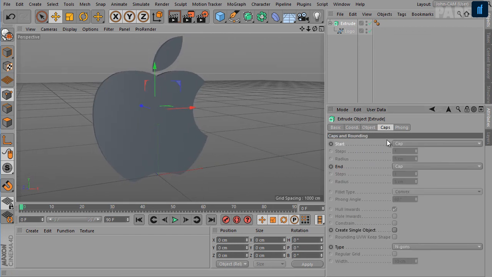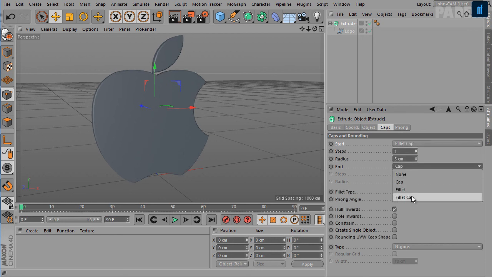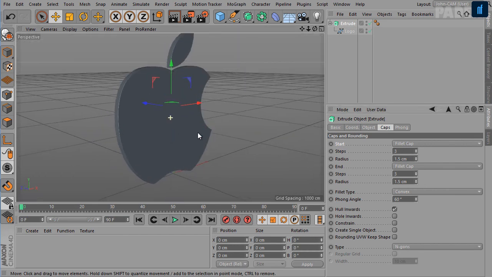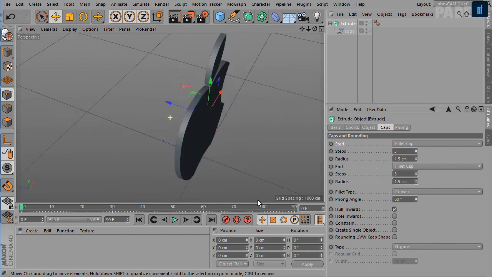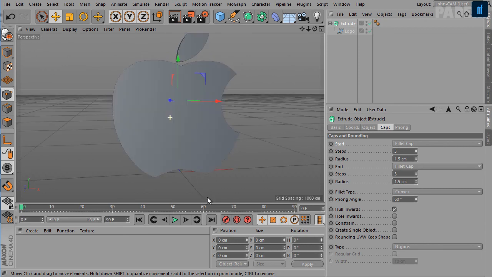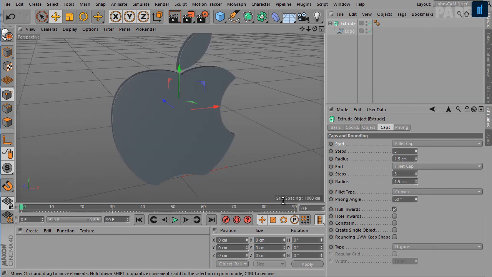In Caps, select Fillet Cap for start and end, and set steps and radius to 3 and 1.5 for the start rounding, and the same for the end rounding. Okay, so this is our final output.